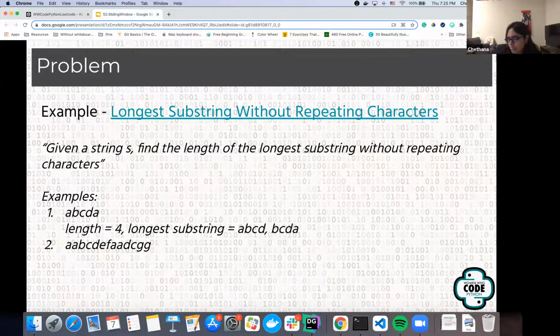So, longest substring without repeating characters, and what would be its length? Getting some answers, yeah. I'm asking for the second one, let me actually paste it in chat. Okay. So for this one, what is the longest